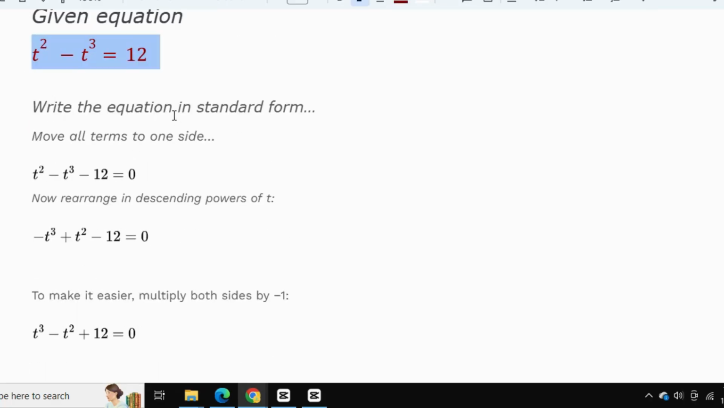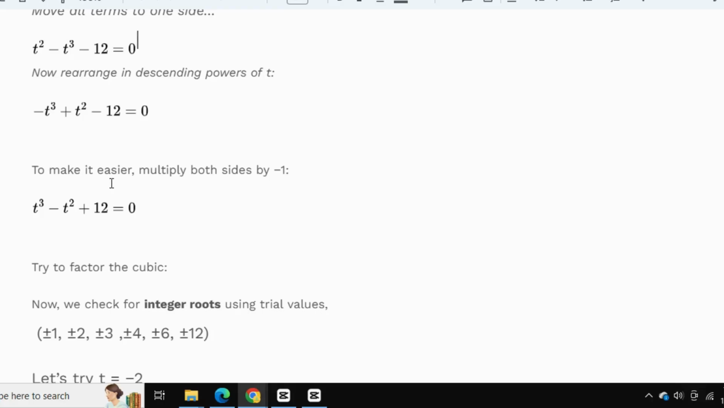Write the equation in standard form. Move all terms to one side. Now, rearrange in descending powers of t. To make it easier, multiply both sides by -1. So the equation would be